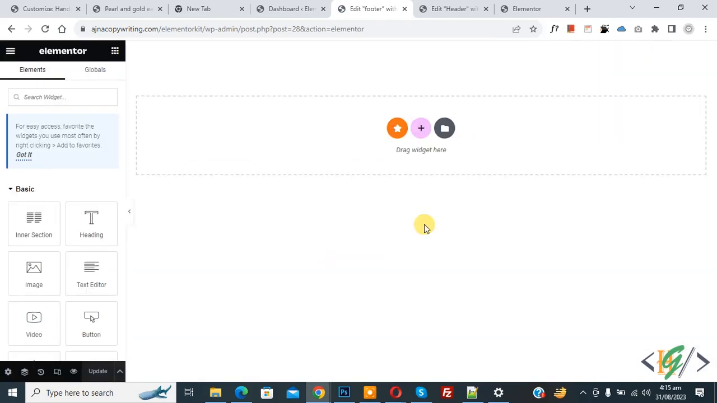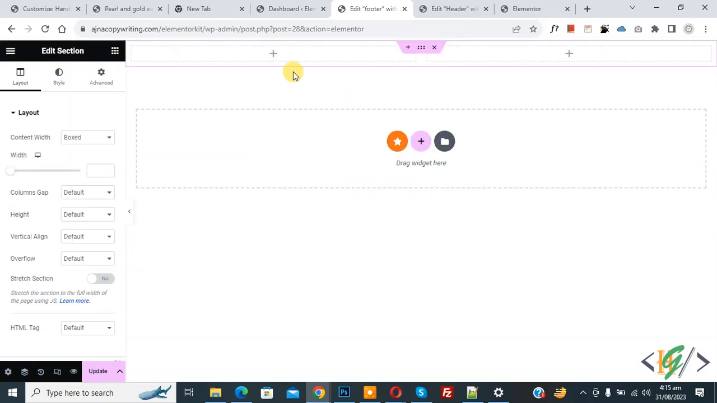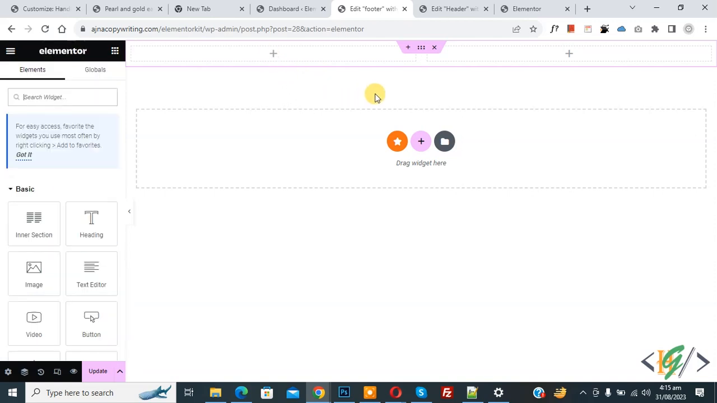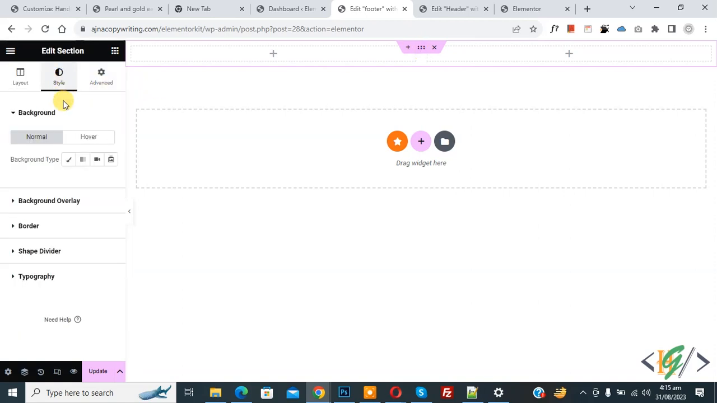Now loading. Now you see drag widget a section, so click on add new section, so click on it. Now you see select your structure, so we are going to create a 2 column or 3 column footer, so it depends on you. So we are going to create a 2 column footer. Now select. Now section edit, click on plus icon. First we are going to change the background color. Now you see section edit, so click on it. Now go to style. Now you see background type,